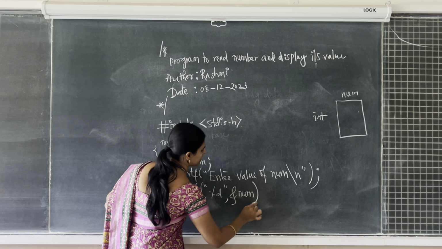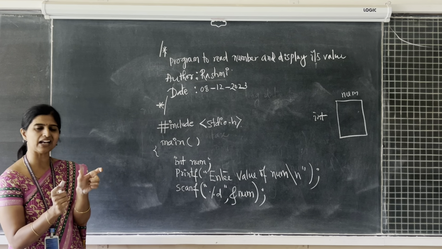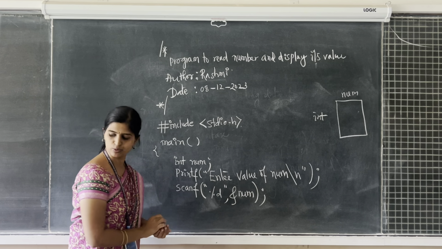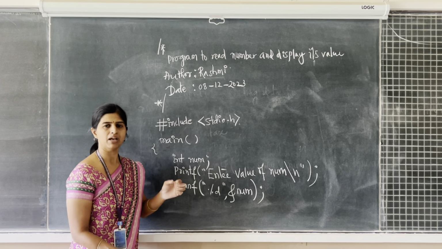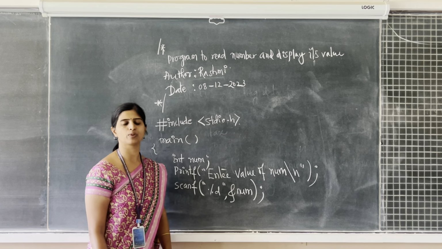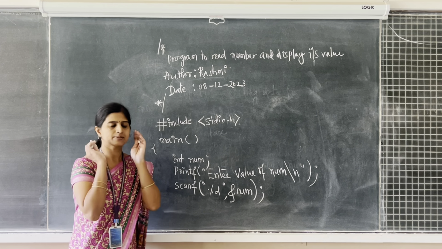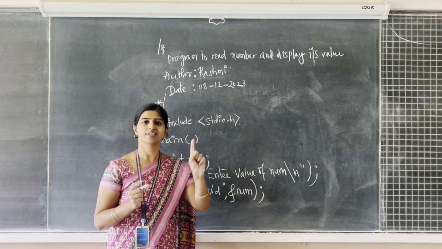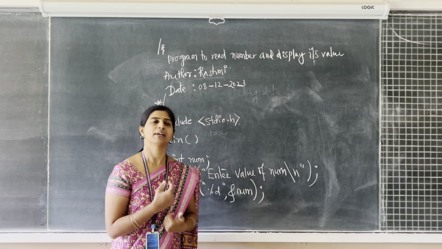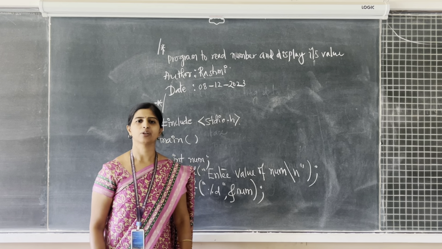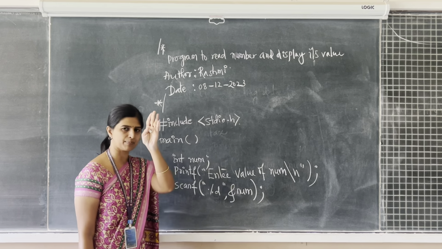So up to this point, I am done with reading the value. Now I need to print that value to the user. How should I be doing it? Students, now we have just read the value into a variable called num. Now let us display whatever is stored within the variable num. For that I need to use printf. Students, please make a note. Whenever you come across the term read, you need to make use of scanf. Whenever you come across the terms print or display, you need to take the help of the printf function, which is available in stdio.h. Please make a note of it.